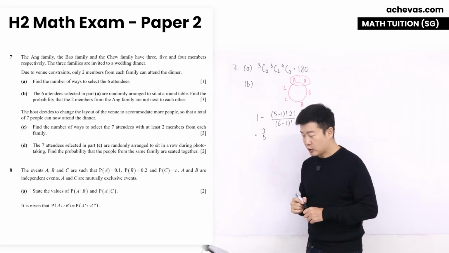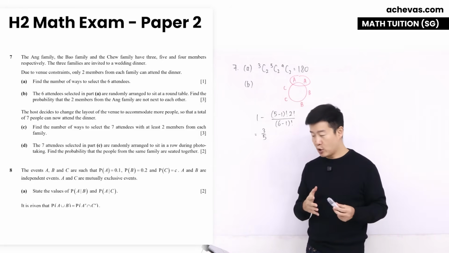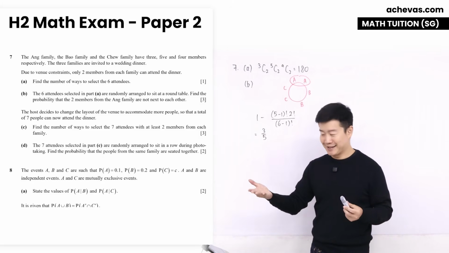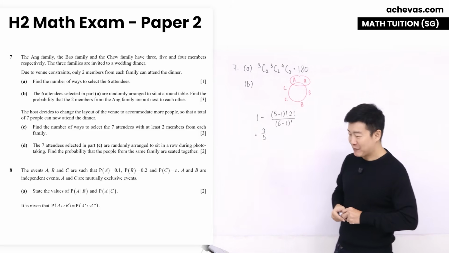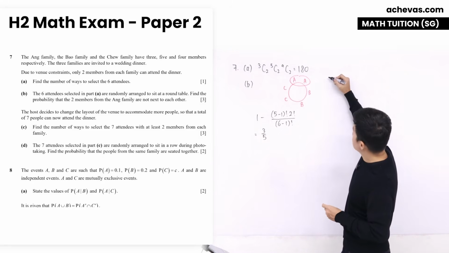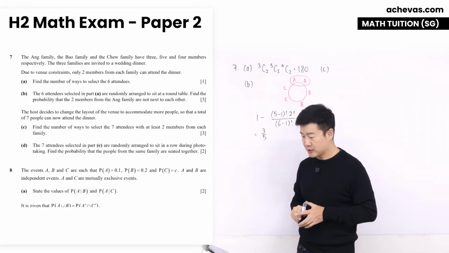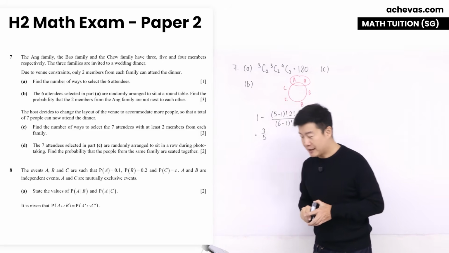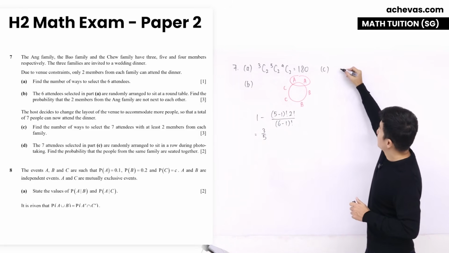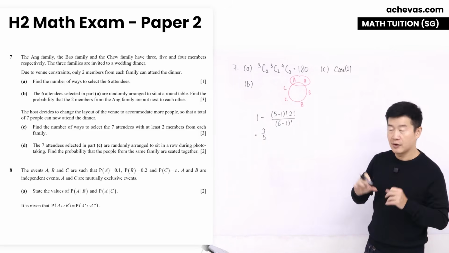C. Now the host decides to change the layout of the venue to accommodate more people so that a total of 7, actually just one more person, so a total of 7 people can now attend the dinner. And part C, let's see. For part C, we want to find the number of ways to select 7 attendees with at least 2 members from each family. And what I'm going to do is work on this by looking at 3